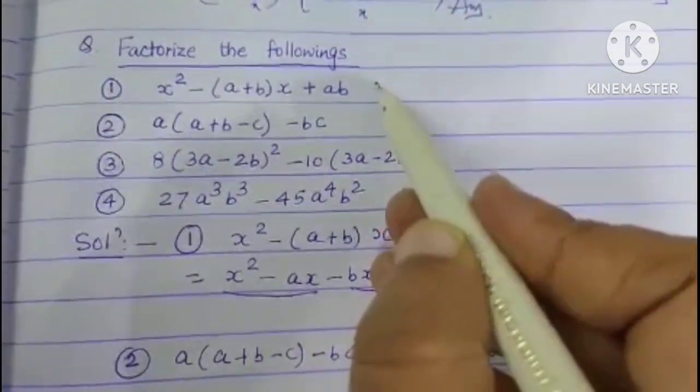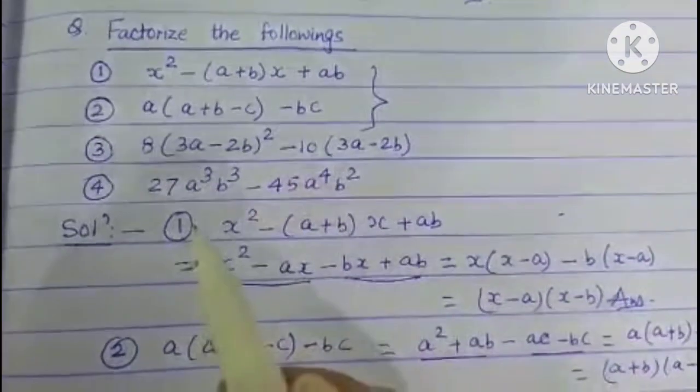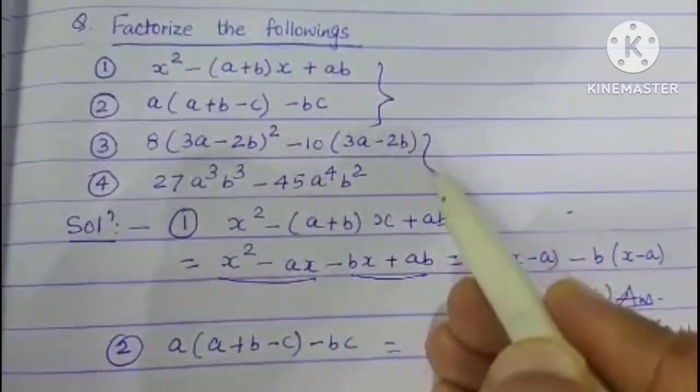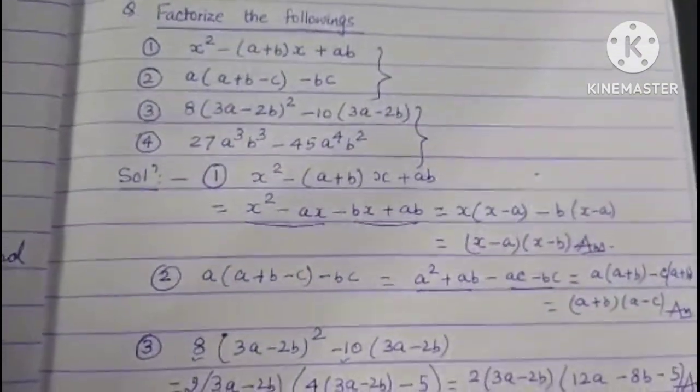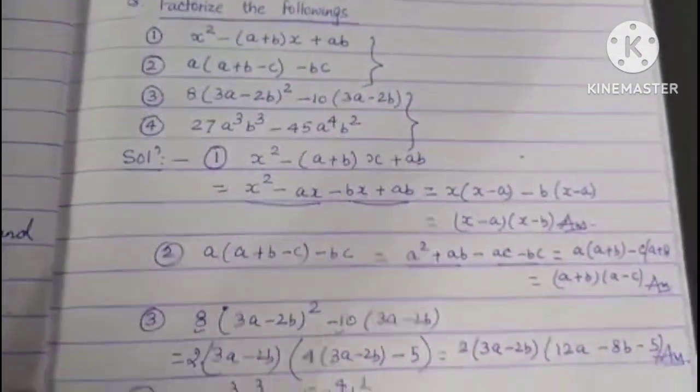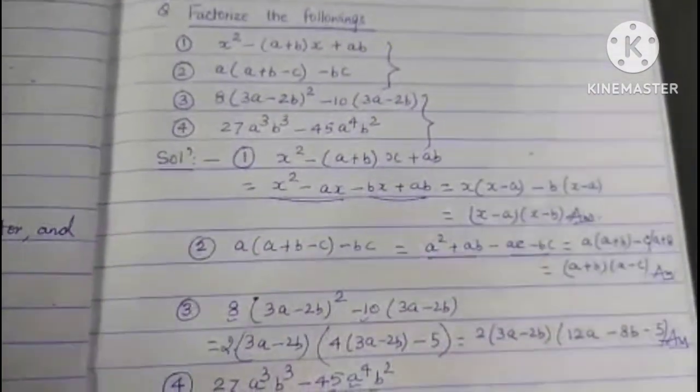Okay, these two I had taken as method 2, and these two I had taken as method 1. So this is not the end of examples. I will take lots of examples in the next lecture. Let us close this lecture here. So friends, in this lecture number 5, we got to know what factorization is and what the factors are, and how we define factorization and factors, and various methods of factorization.